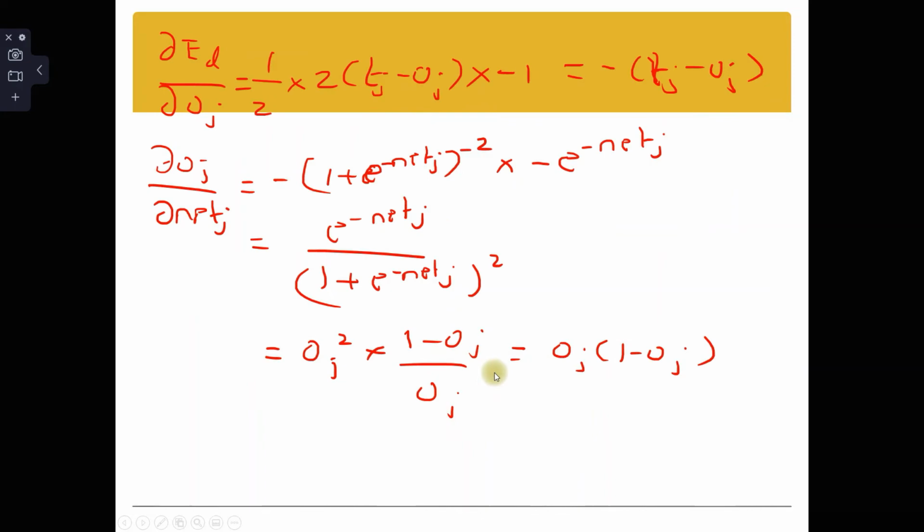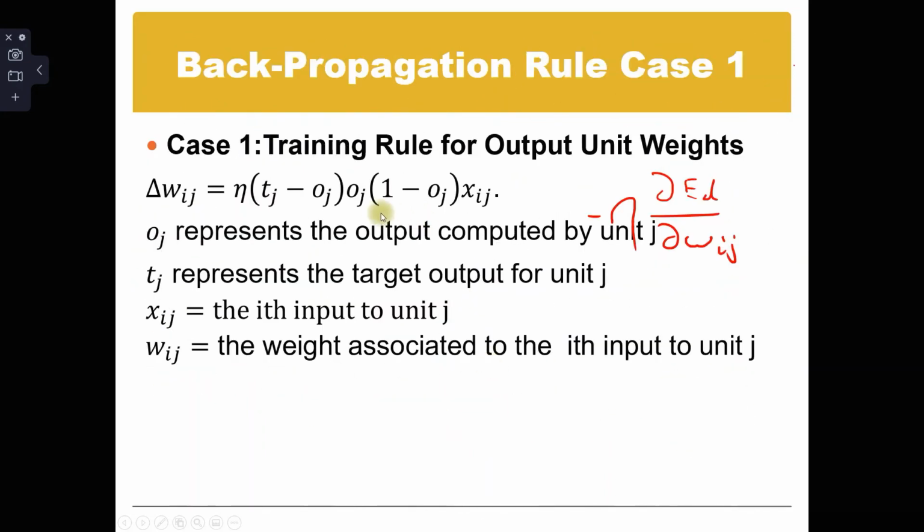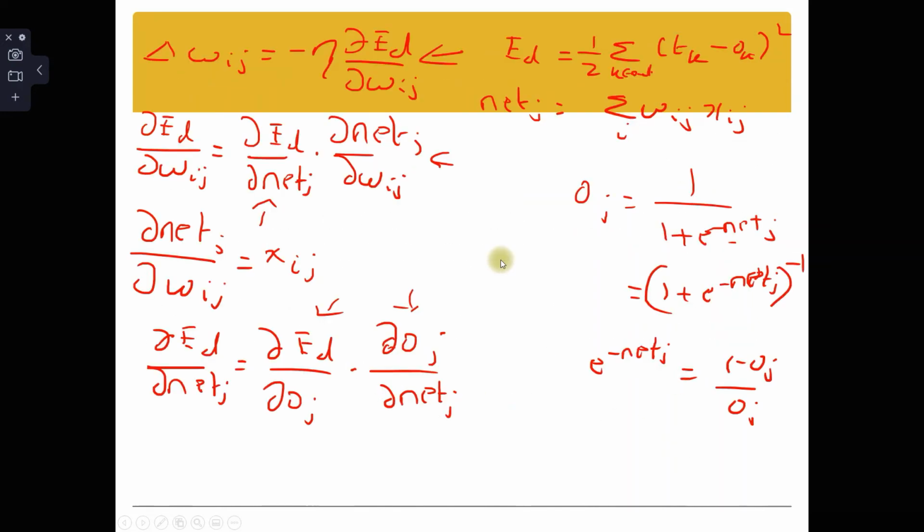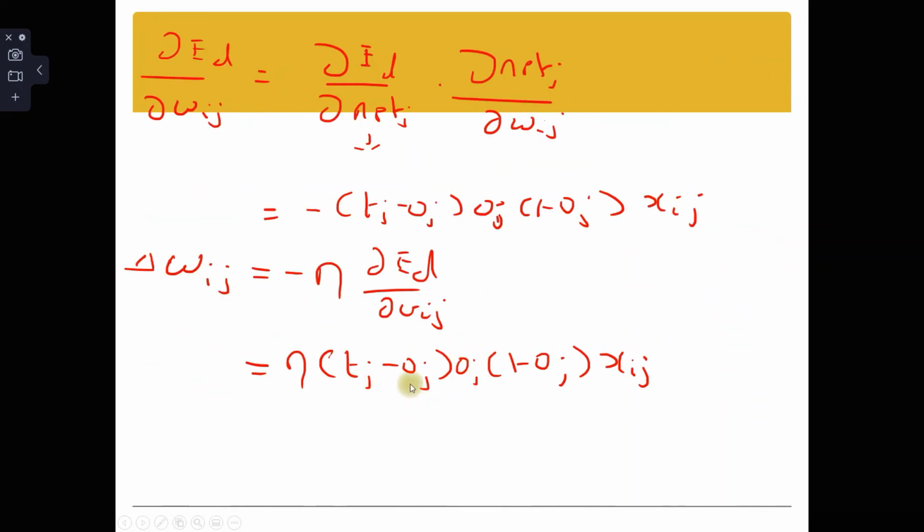So just remember that rule here. This is what we just saw. Tj minus oj into oj into 1 minus oj multiplied by eta multiplied by xij. Tj minus oj into 1 minus oj multiplied by eta multiplied by xij. So what we just did here is that we have been applying the